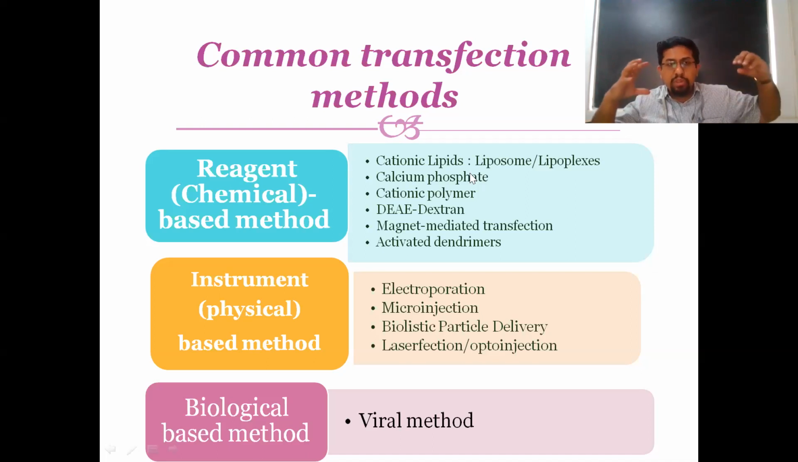You force this to forcefully enter your target cell. Because of this momentum, your target gene is able to enter your eukaryotic cell. That is called biolistic particle delivery or the gene gun. Next is called laserfection or optoinjection. Using a laser, you will be able to deliver your gene of interest. And last